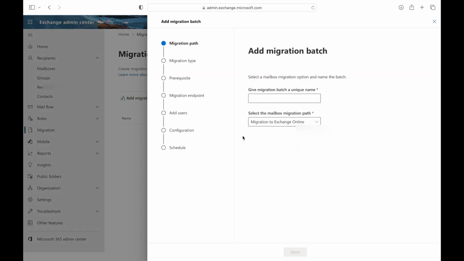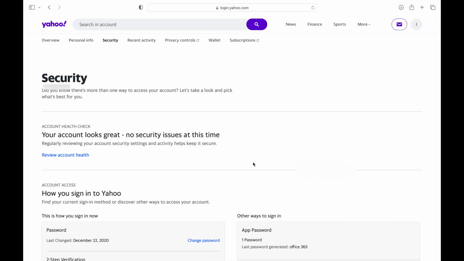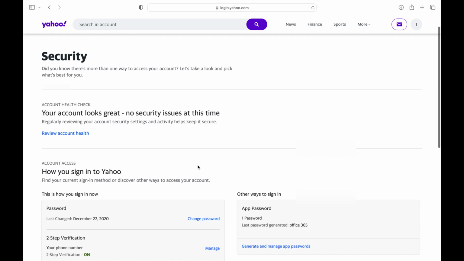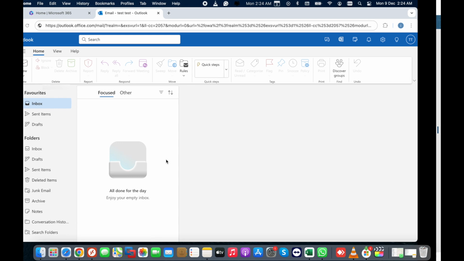Before we go to this process, I'll show you one more thing related to the Yahoo account. These are the Yahoo security settings of my account. Under the account security, make sure that you have set up two-step verification. If you have not set up your two-step verification, then your exporting file, which is going to be